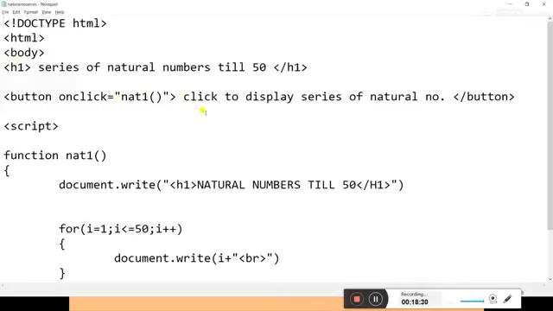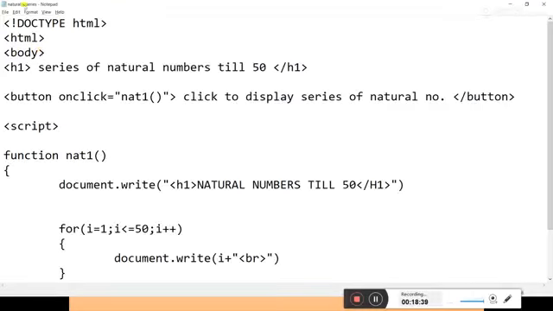So this is the heading, series of natural numbers till 50, and this is a button. The message on this button is "click to display series of natural numbers". Got it? This is the label which I have displayed here in between the opening and closing of the button tag.